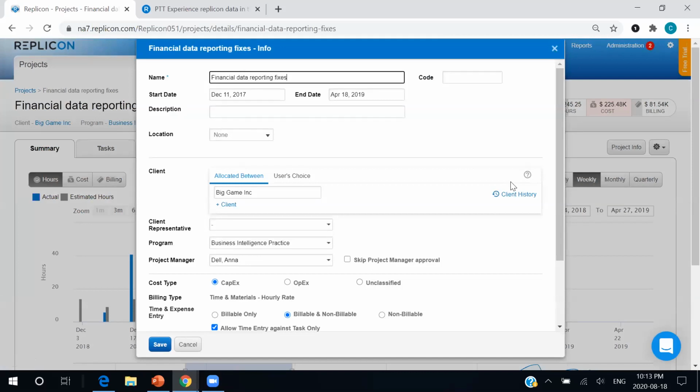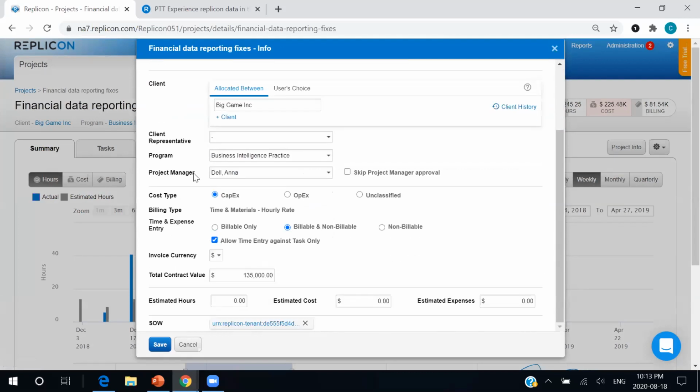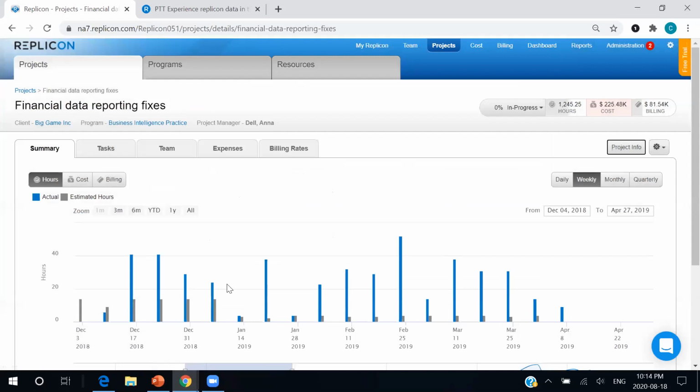Because we know projects are evolving and changing and they are never static, so they might need to be adjusted and changed to fit with the growing and movement of your organization. So once we go ahead and create this project, we'll be able to adjust things like our cost type, our time and expense entry. We can change our estimated hours, cost, and expenses. And every time we change one of these things, it will filter how we track our time towards a specific metric. And to better understand how we are going to be tracking our time towards projects in Replicon, it's good to take a look at their structure within the platform.